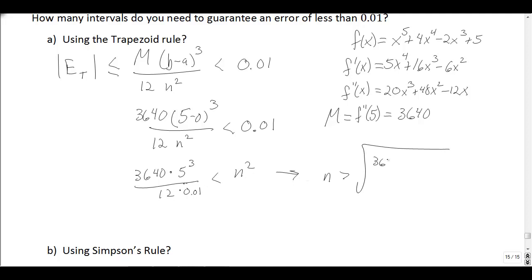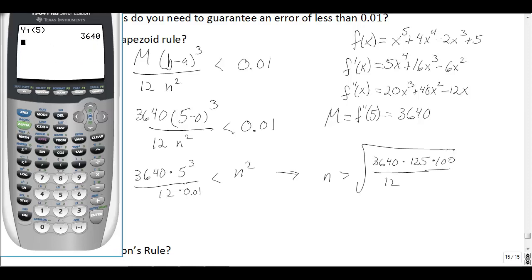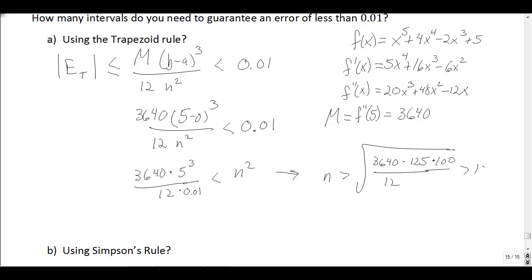I get 3640, 5 cubed is 125, divided by 12, and then the 0.01 can go to the top as a 100 here. So I'm going to get that square root. So I get a square root of 3640 times 125 times 100 and divided by 12 here. Hit enter, and that's 1947. And so this has got to be greater than